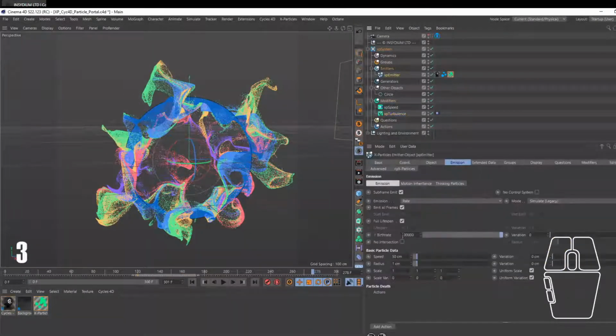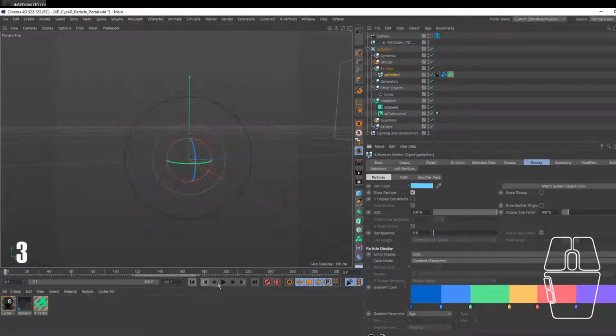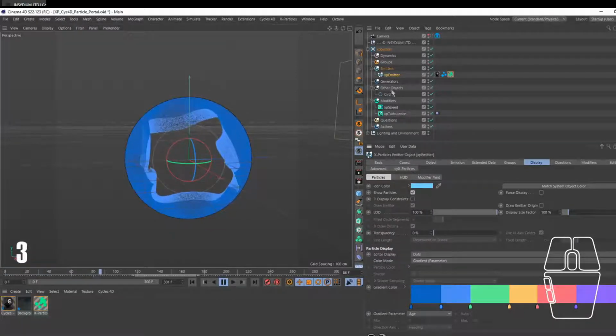We're emitting 100,000 particles. I don't know what rate that is, if it's like per frame or something. On the display, they're displayed as dots, and the gradient color. So I think that's pretty much it for this simulation. It's just the particle emitter. It's emitting from this circle